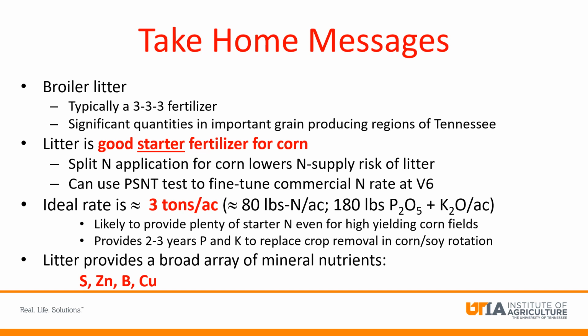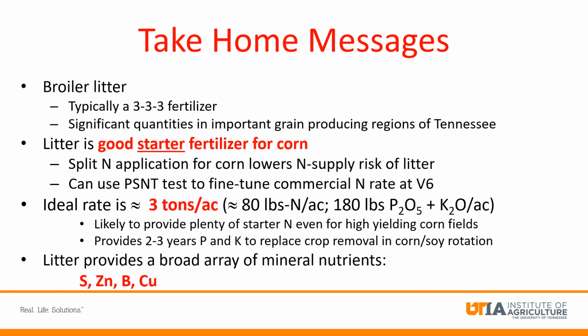I believe that a good strategy is to use litter as a good starter for corn in a corn and soybean rotation. Corn is ideal because we have split nitrogen applications for the corn. That lowers the supply risk for litter, which, remember, the nitrogen is predominantly organic. It has to be broken down in the soil to become plant available for corn to use. And so the application at planting can also be surveyed with a pre-sidedress nitrate test, a 12-inch soil sample collected at row stage V4 for the corn,